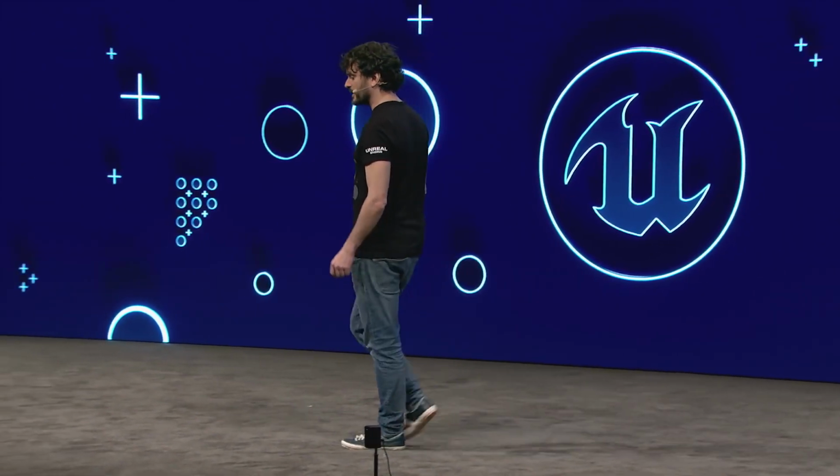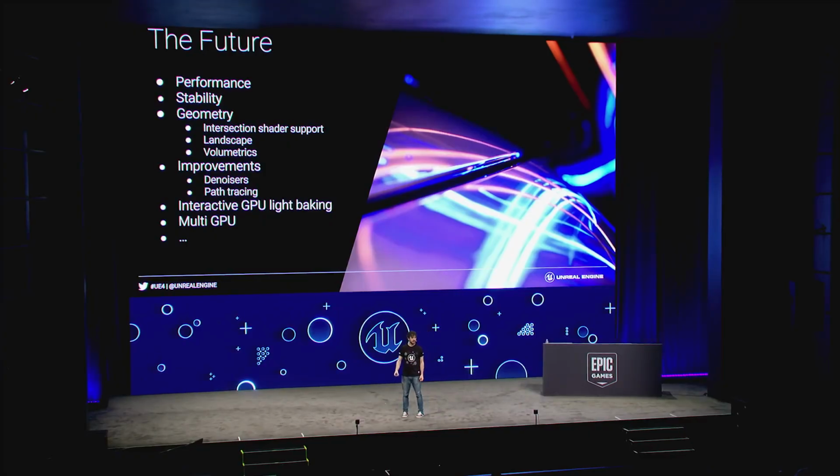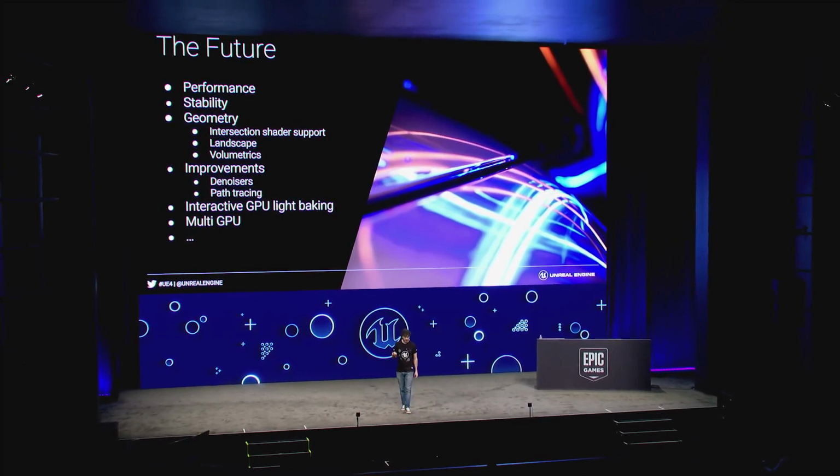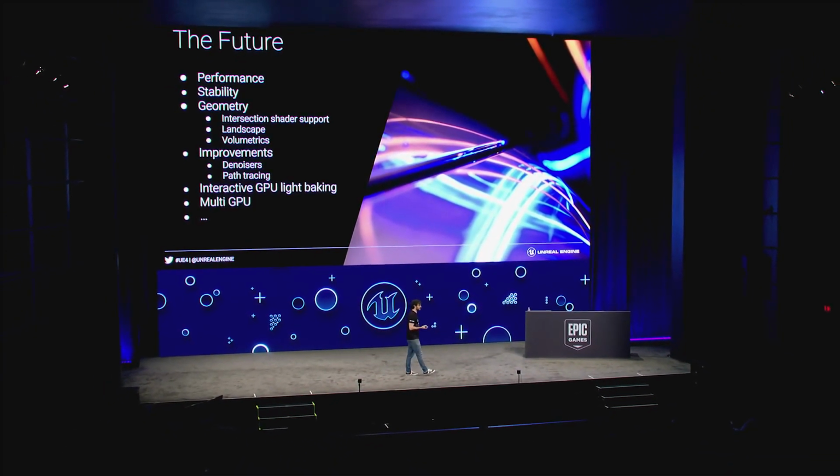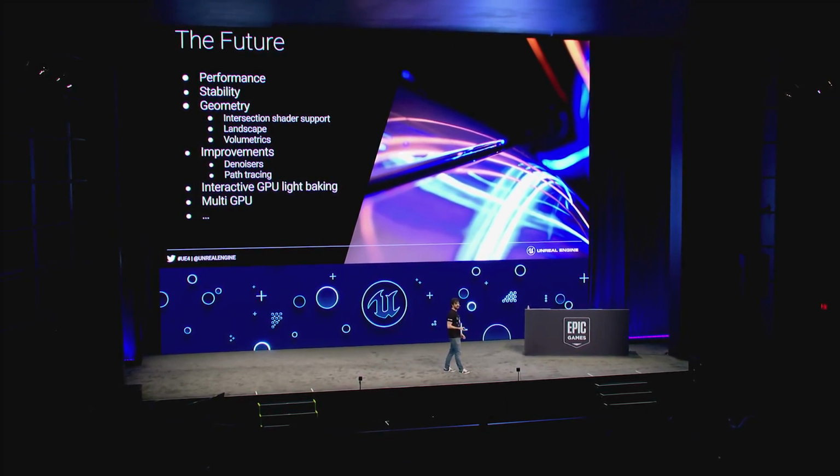I would like to talk a bit about the future, what is next. Ray tracing has been released as an early access technology, which means that our goal now is to make it more stable and to make it more efficient. That's the first thing we are going to do. Keep working on making this production ready. Of course, we are going to improve the noise, the path tracer, and many other things